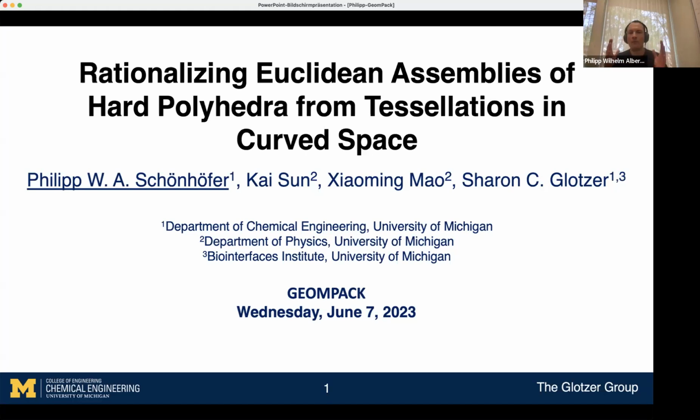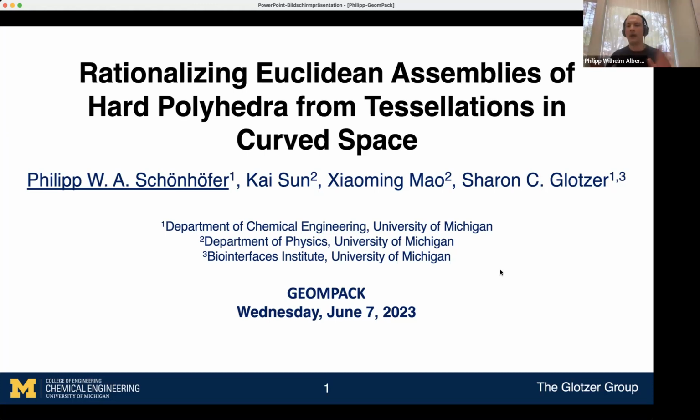So here it is more hard particle self-assembly, but self-assembly in general from a very different perspective, namely in terms of curved space. And I hope that in the progress of this talk, you will understand what I mean with this different perspective. But to put everything into context,